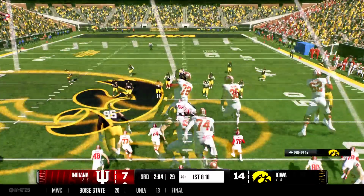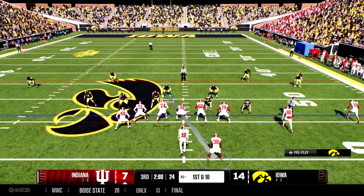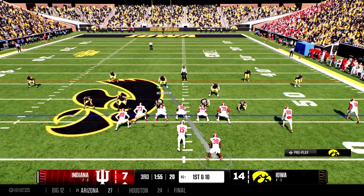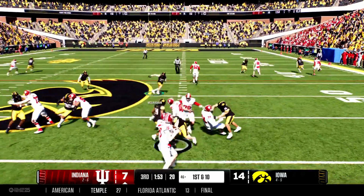I love when players understand situations and they understand where the 1st down marker is and they understand where I got to get to. A lot of people you'll see run north-south and try to bounce out wide and make big